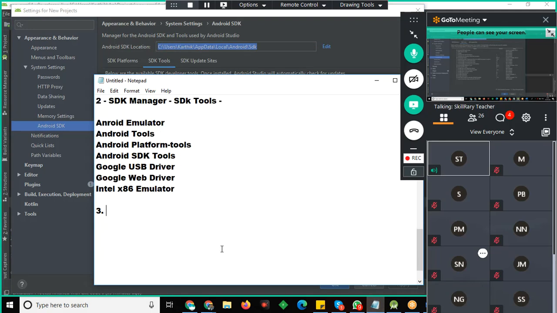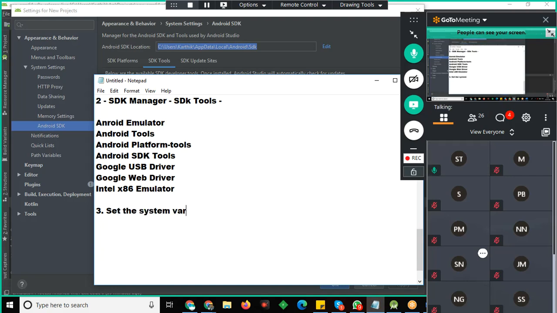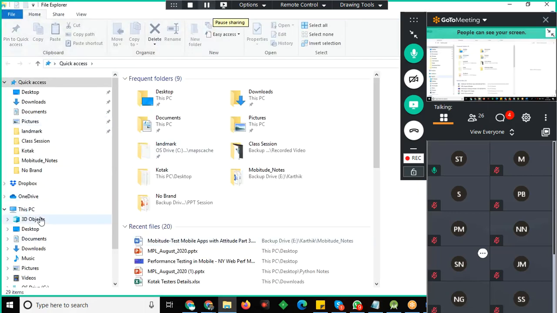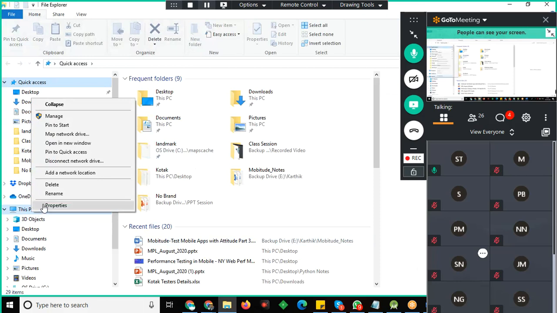So what you should do is set the variables. What are the variables you will be setting? How to set the variables?